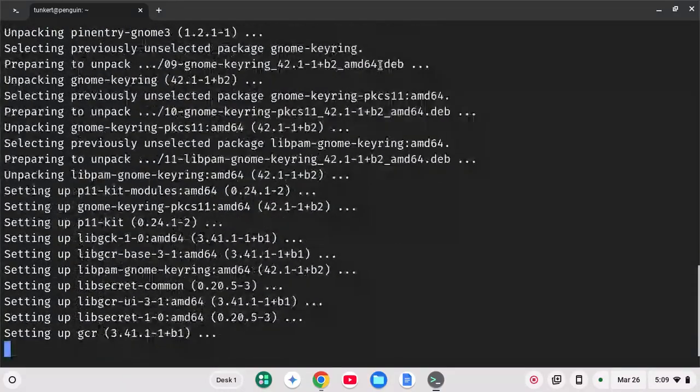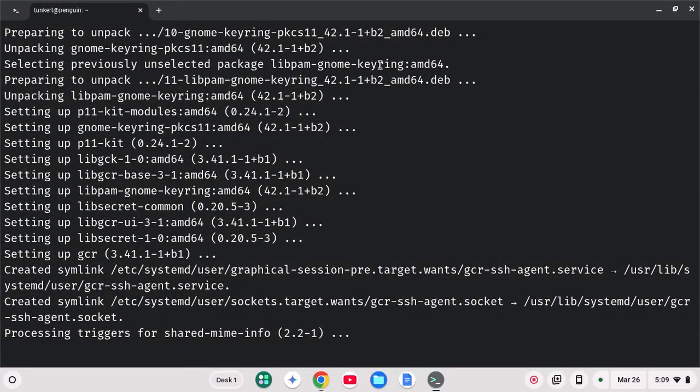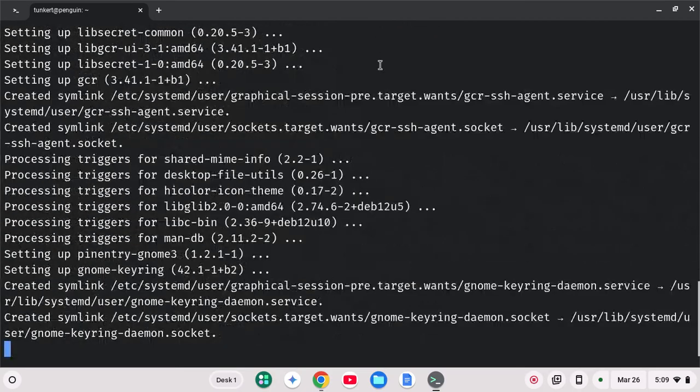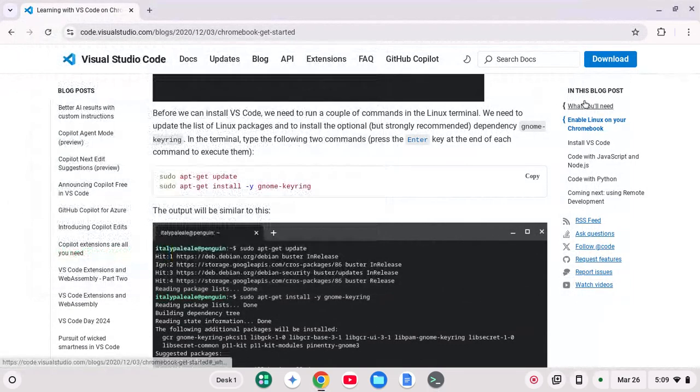You can also do the -y flag at the end. Okay, and that's gone ahead and installed. Once we've done all that, we can just simply close this out here. And what we want to do is go to